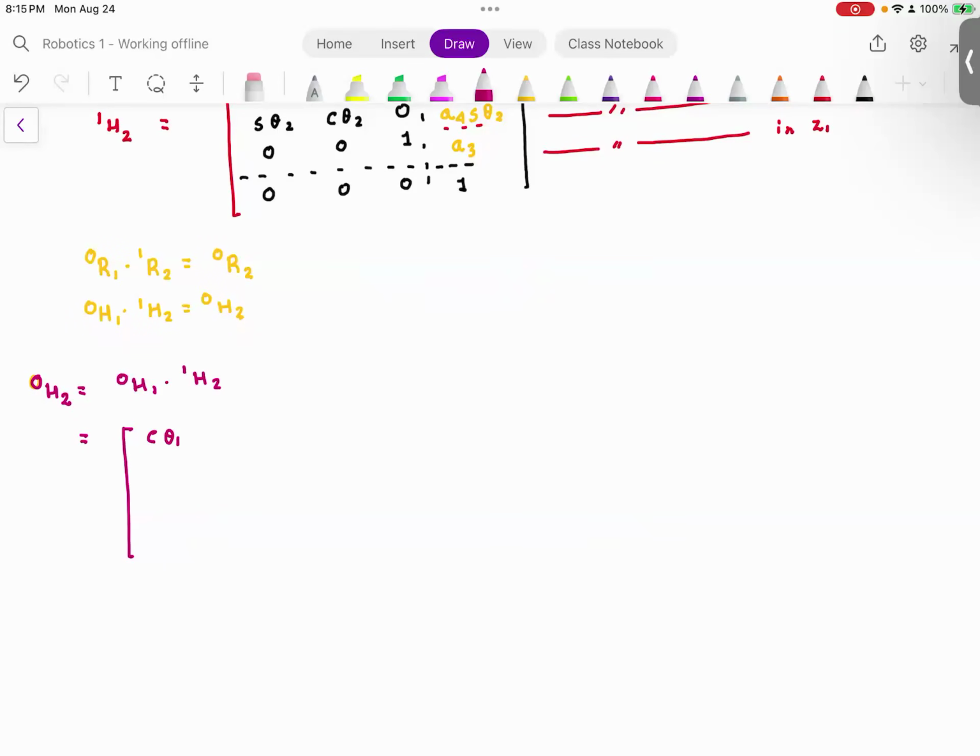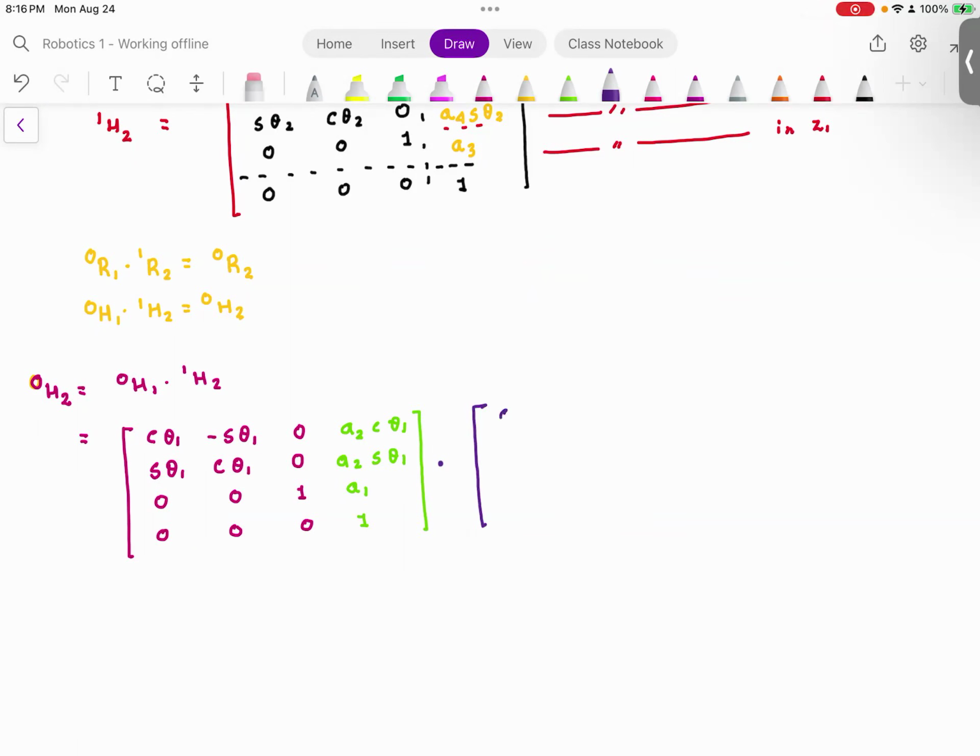Cosine theta 1, minus sine theta 1, 0, sine theta 1, cosine theta 1, 0, 0, 0, 1, 0, 0, 0, and this is A2 cosine theta 1, A2 sine theta 1, this is A1, this is 1. You agree with me? Multiplied by